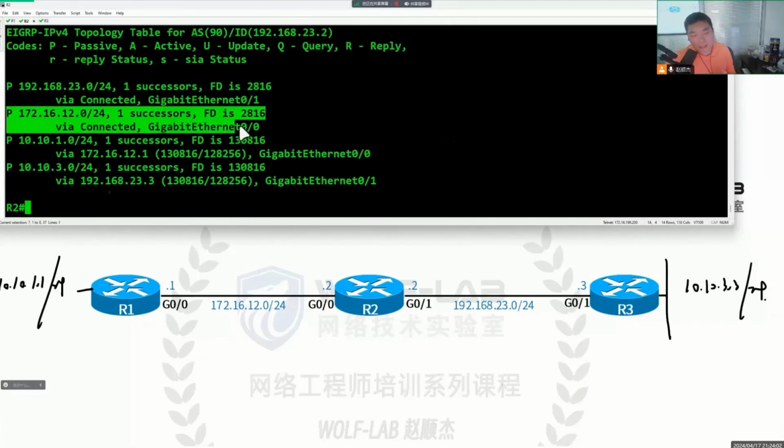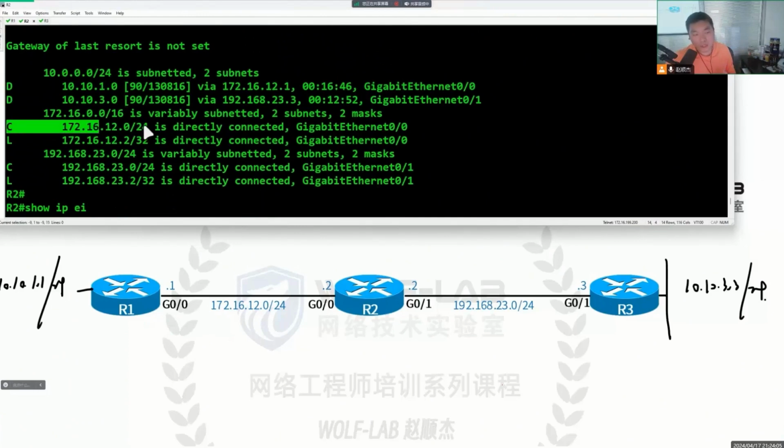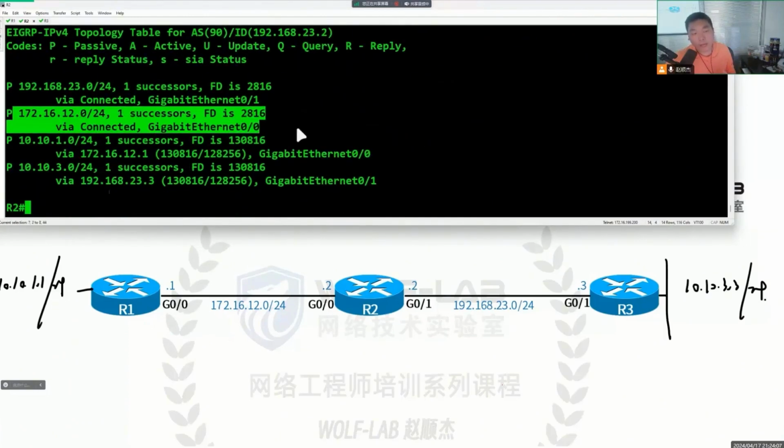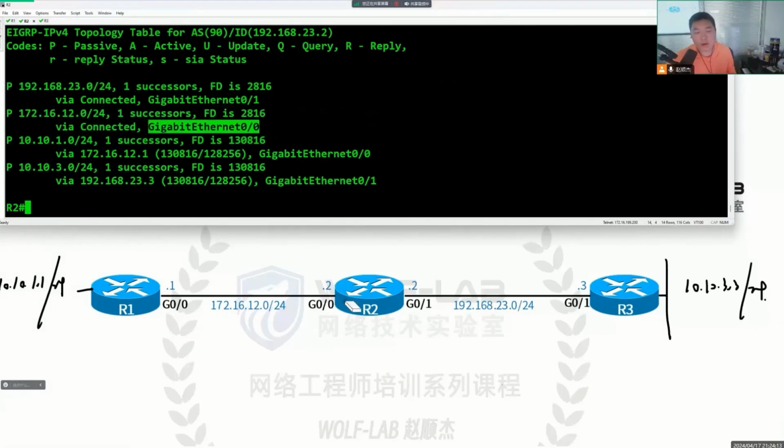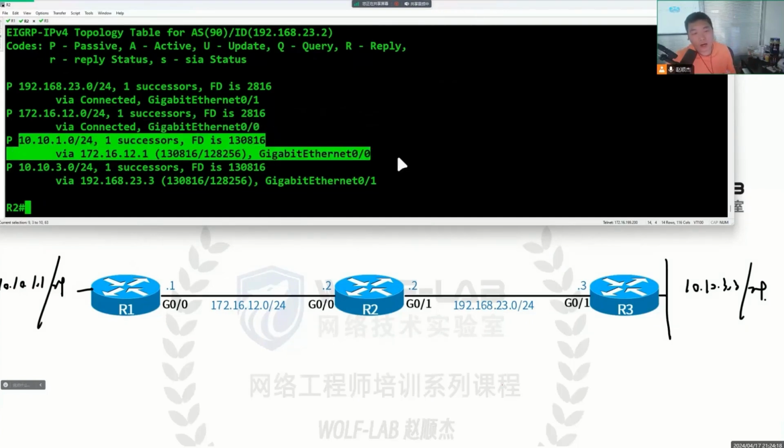First of all, we will put our own interface's corresponding directly connected route into the database, and I will not announce the directly connected route of our own interface. From our own interface, we can receive from R1, telling us, look at